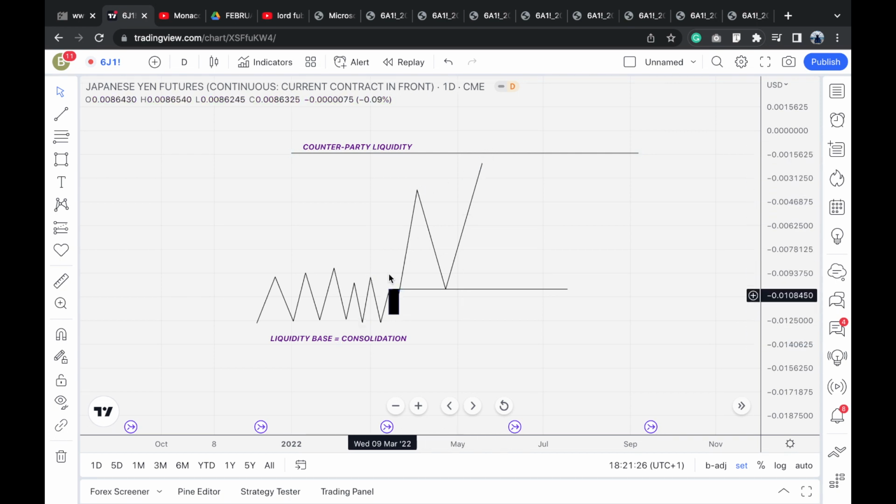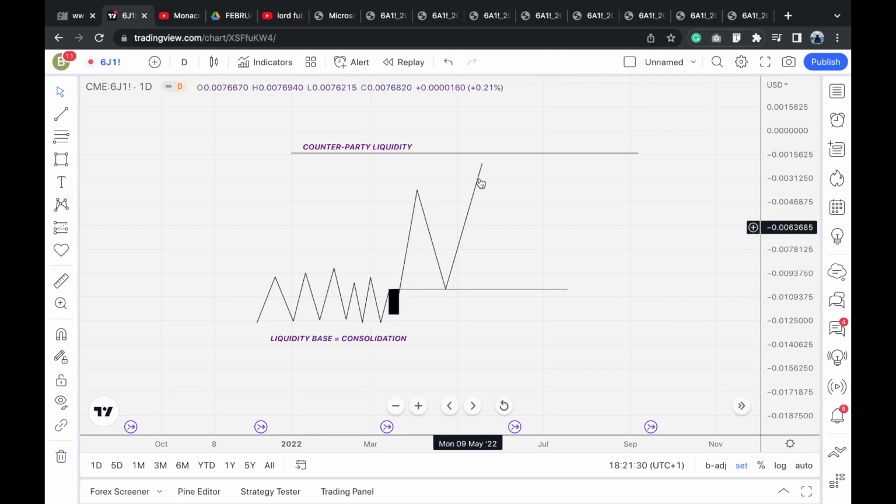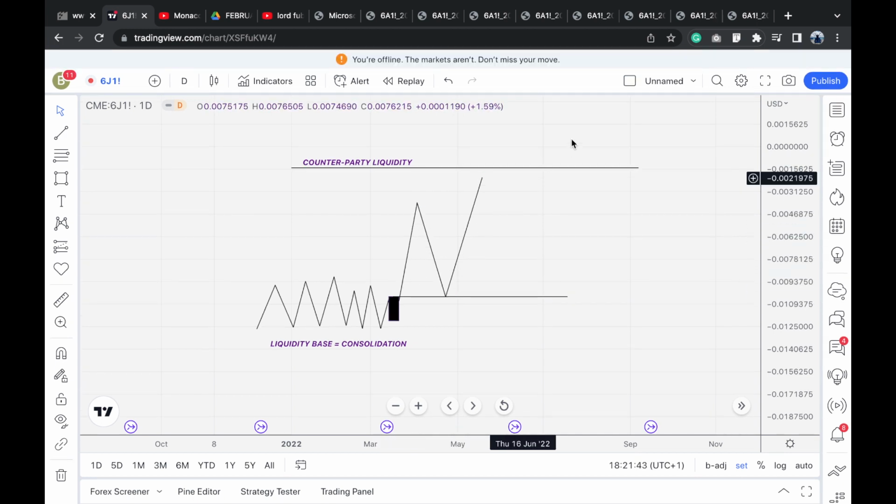So what the algo is doing is driving the market to a point where there can be counterparty liquidity to the orders of these institutions. So this is where we get the term counterparty liquidity. Now, the market driving higher